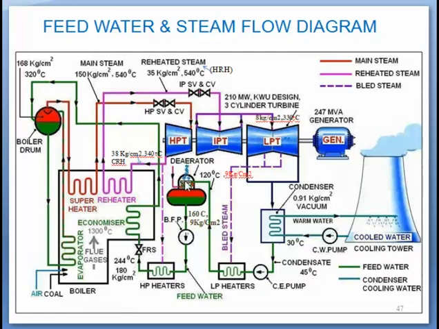Here you can see this is vent condenser. By this heating process, the dissolved gases, mainly oxygen, carbon dioxide, are liberated through this vent condenser, and the dissolved gas-free feed water is finally sucked by boiler feed pump. The inlet condition at boiler feed pump is 160 degrees centigrade and roughly 9 kg per centimeter square. After this pumping, this feed water goes through two HP heaters.